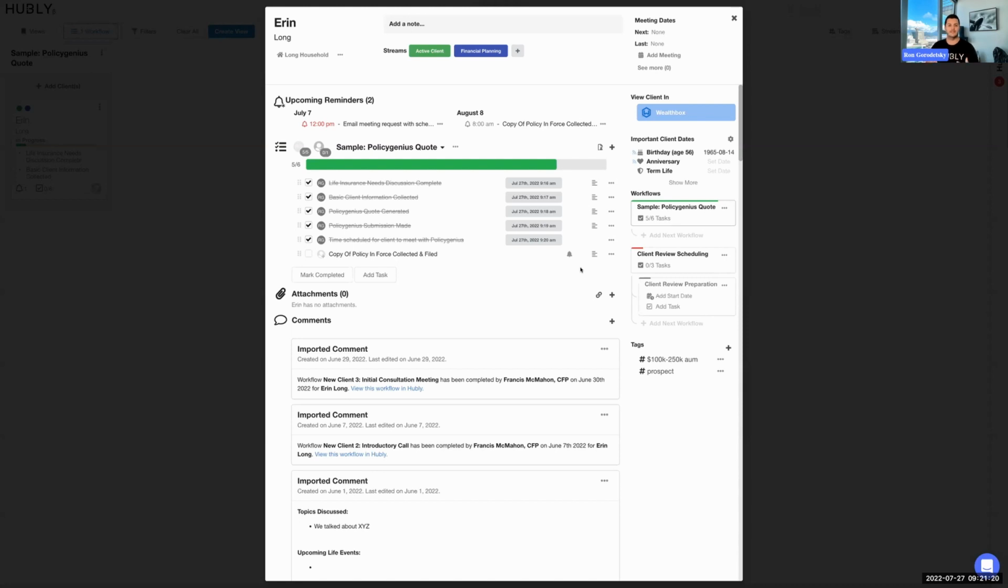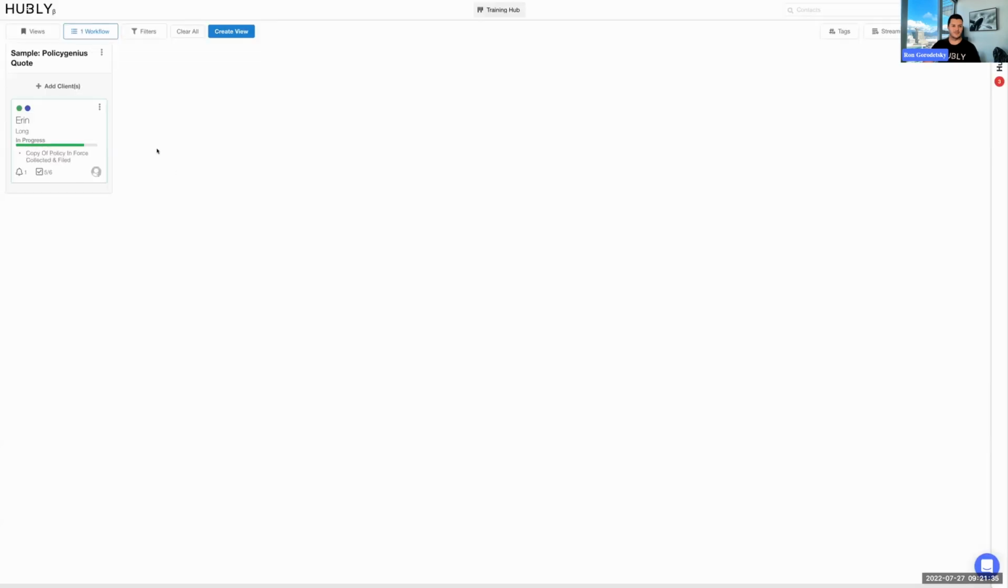It makes it really easy to slot in a new software such as Policygenius Pro, or to update your existing workflows if you already have that as an offering. That way you don't have to worry about building it from scratch. And as always, if you ever need to customize this workflow, you can go ahead and even edit the template that we provide